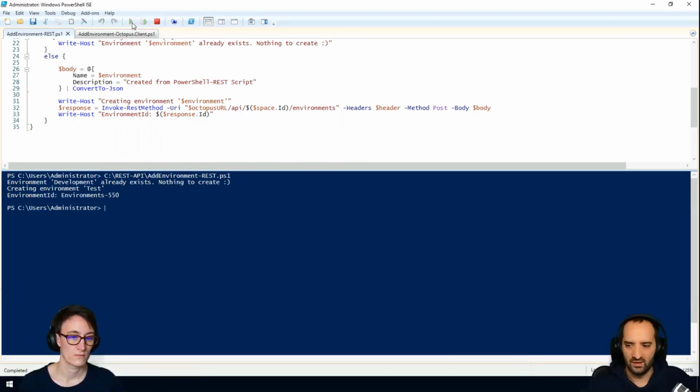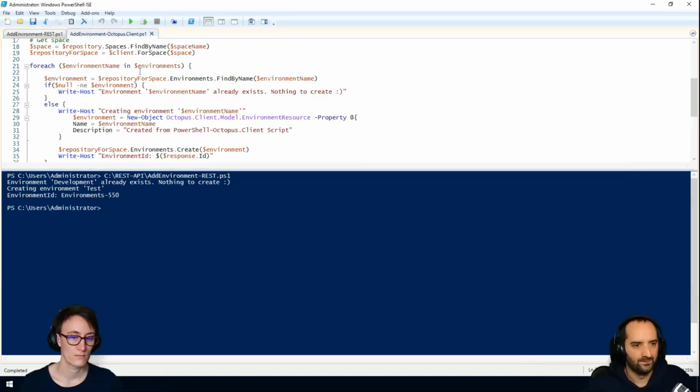So I'll just run that. There you go, that was quick. So the development environment already exists, test one does not. So let's move on to the PowerShell client one. Okay, so